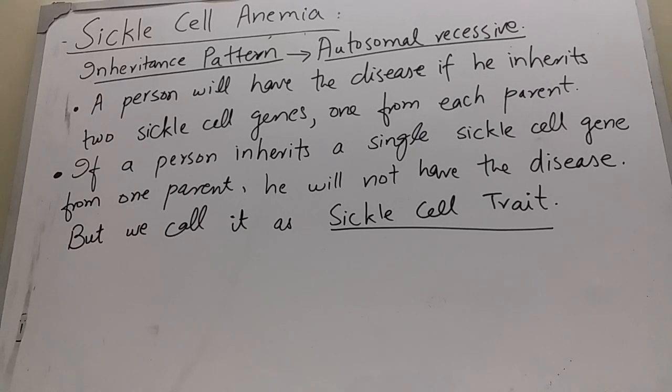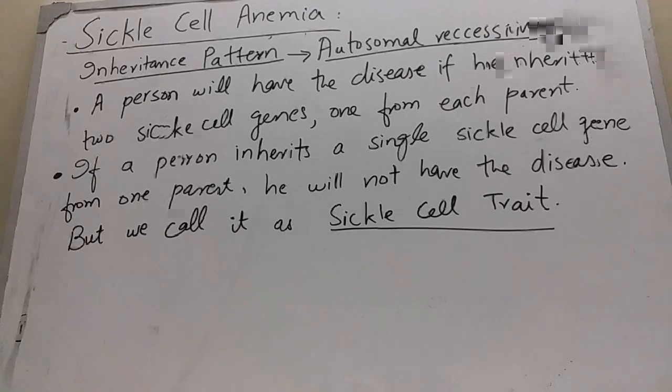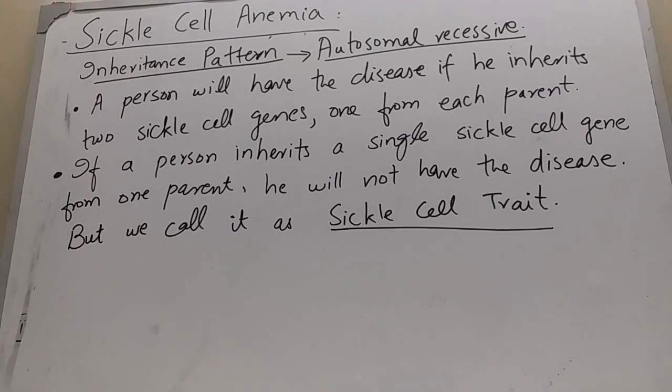Now, what is its inheritance pattern? The person will have the disease if he inherits two sickle cell genes, one from each parent. As it is a recessive disease, the disease will be expressed only when the two recessive genes are present in a person, and it means that the person is inheriting one gene from the father and the other gene from his mother, so he will have the disease. In some cases